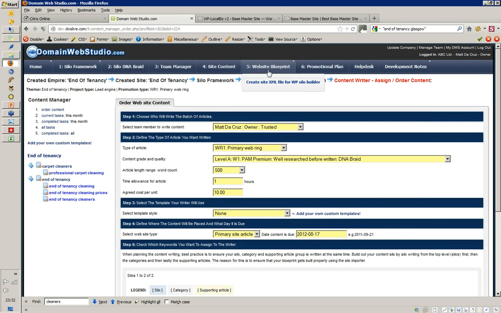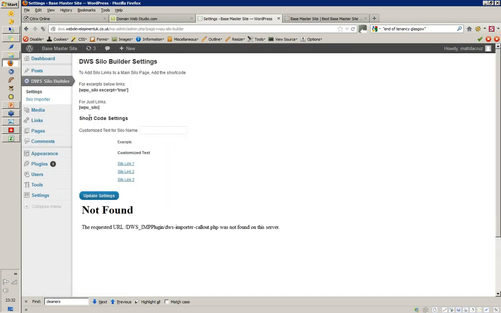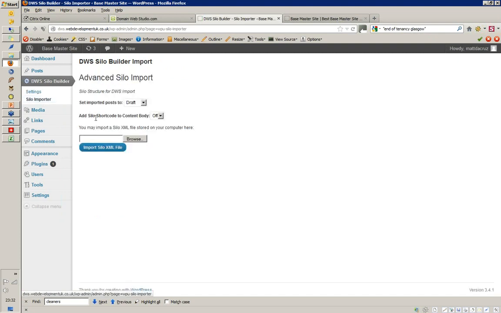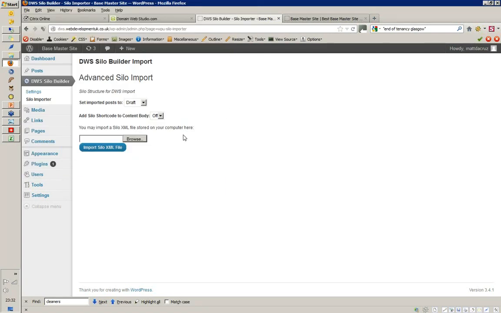And then basically what happens is we come to publish the website, and when we publish it, we go to WordPress and we use our DWS Silo Builder. This is the plugin we've created that actually goes and builds the whole silo structure for you. So when we click on the silo importer link over here, all we do is we point to the XML